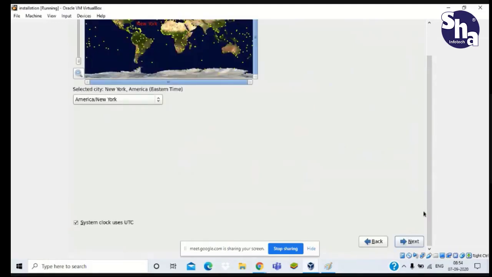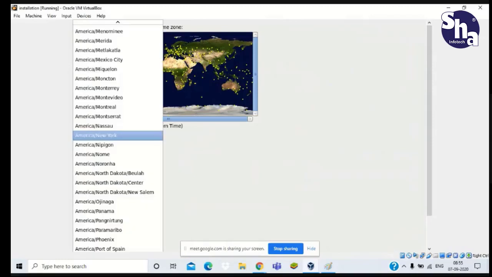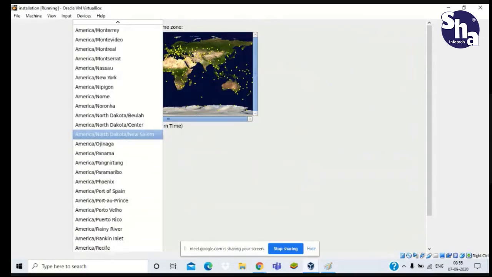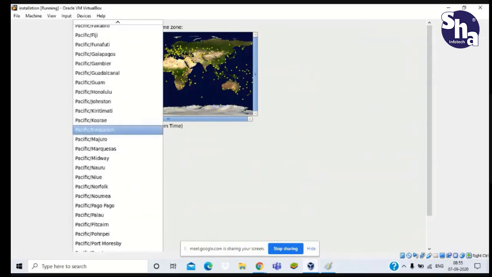Now here you have to give a location to it. Okay, so basically in India there is only Kolkata, Asia. So you have to select that. You can see here by clicking it in the picture. By selecting in the picture you can make your options. This is one case, and second case, by clicking on the drop down arrow you can search your location. So we have to select Kolkata because in India there is only Kolkata option, I think so.